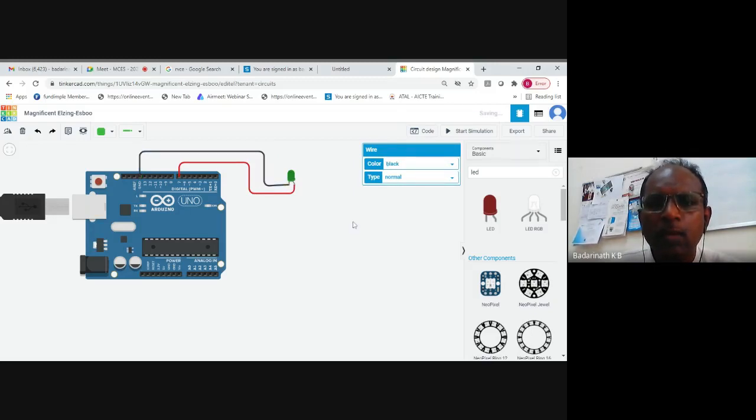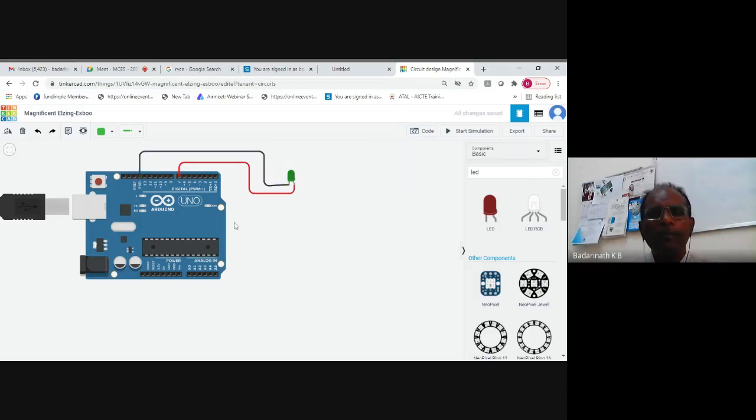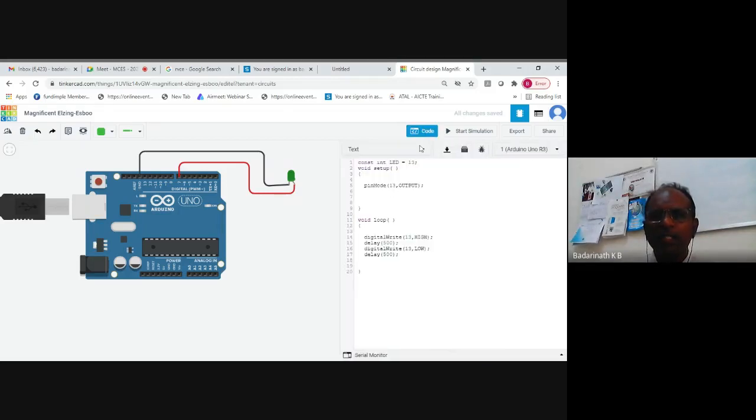Okay. So now what will happen? My program is already there. I will only add the required code. It is already controlling the internal LED. Now I've added one more LED, so I will make the required additions to the program. In pinMode, this is 7. Instead of using 7, I can give a name for that.